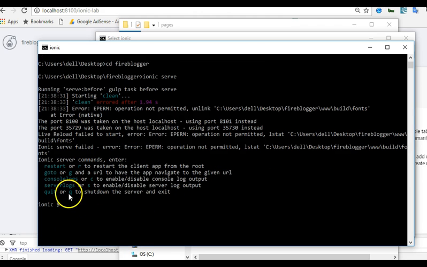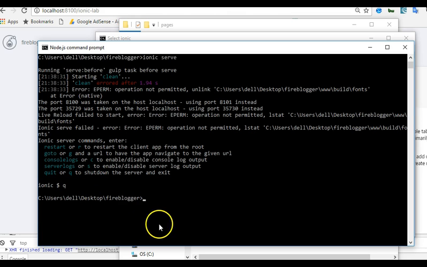Okay, I'll quit this, enter, quit. So from here we can create an Ionic page, and let's call the page posts. So we'll say ionic g for generate page, and what's the name of the page? We're going to say the name of the page is posts. So hit enter,